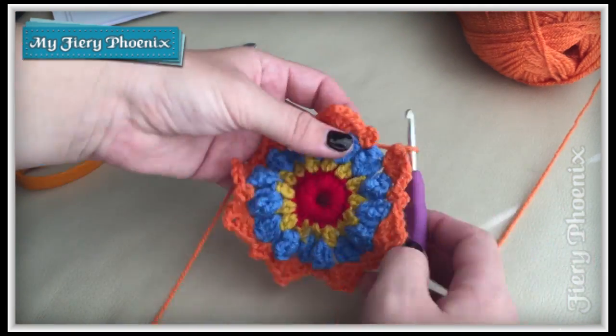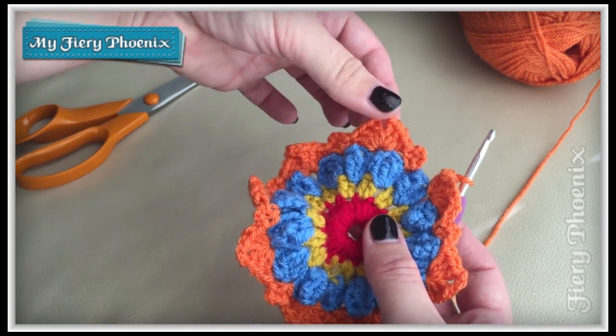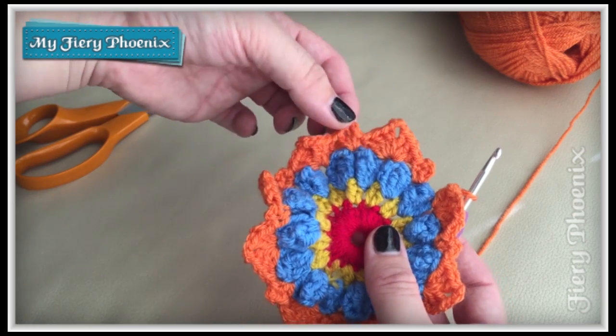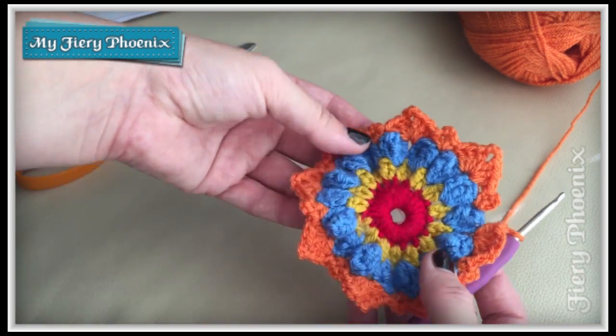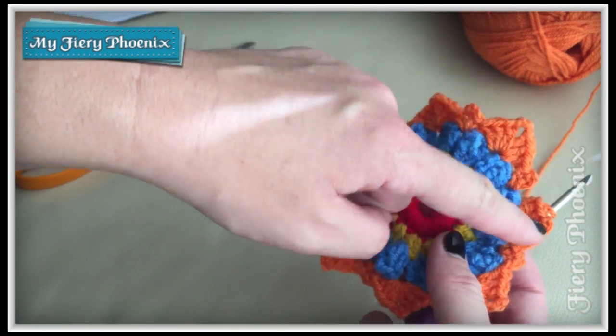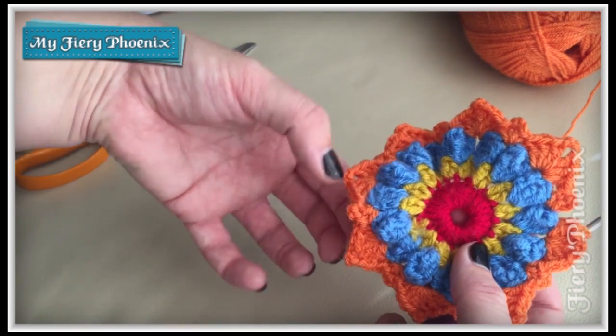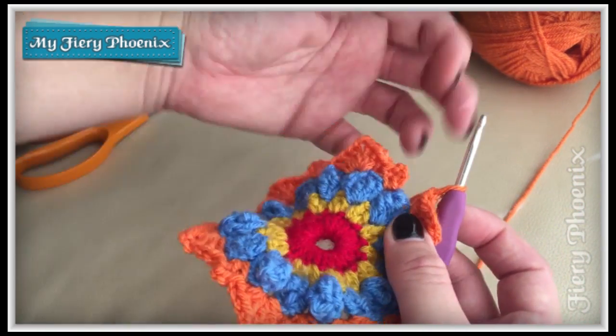So here we are at the end, and as you can see, our trebles have formed nice big tall points, and our doubles have formed these little loops here, and they go all the way around, and we have 1, 2, 3, 4, 5, 6, 7, 8 of the large, and 1, 2, 3, 4, 5, 6, 7, 8 of the smaller. So we simply join this in